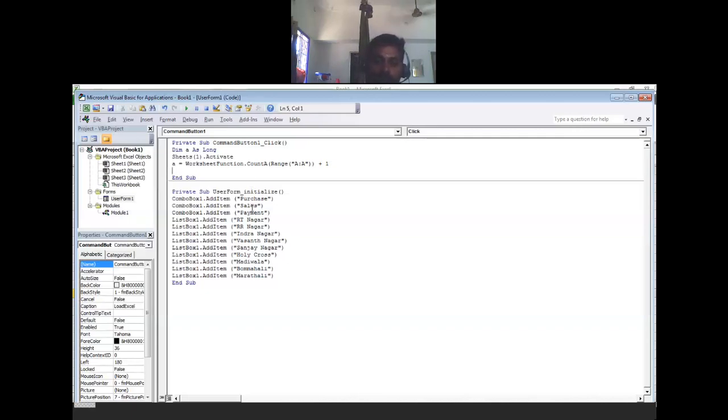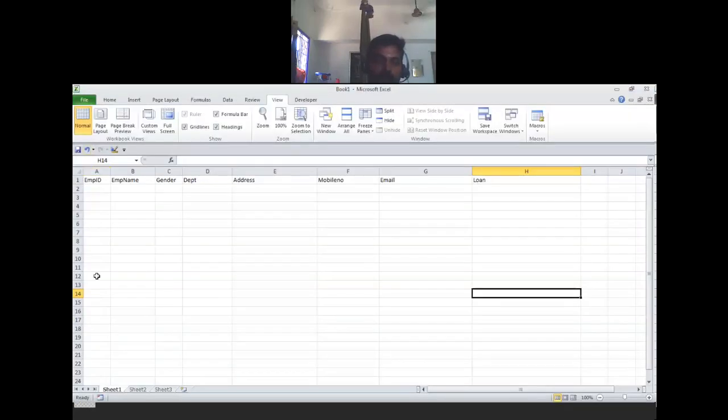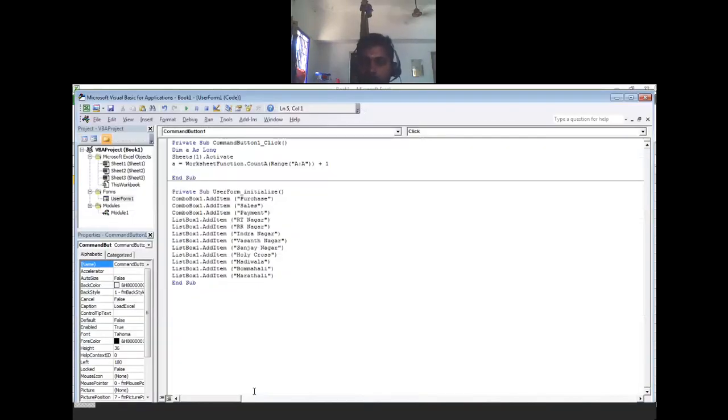A colon A means starting from here. What is A colon A? It means start from this column, a column, a row, and plus 1 means increment 1 by 1 row. So the first record we insert will be stored in the first row. As soon as we click on the second record, it will come to the second row automatically, and like that it will come to the next rows.